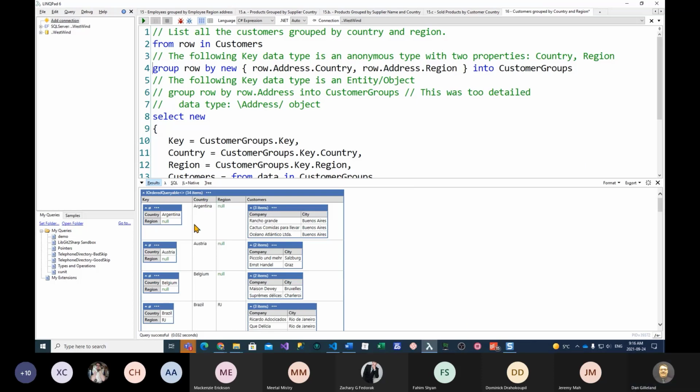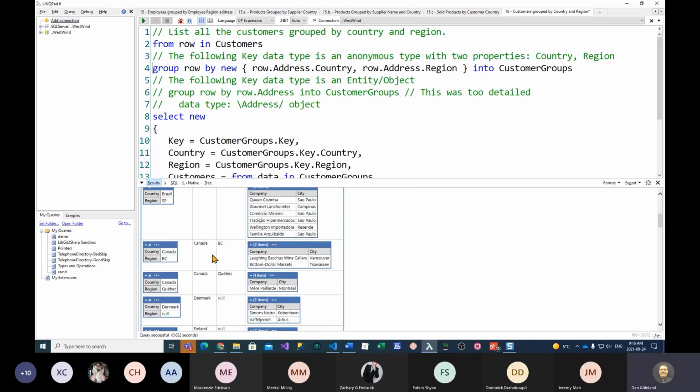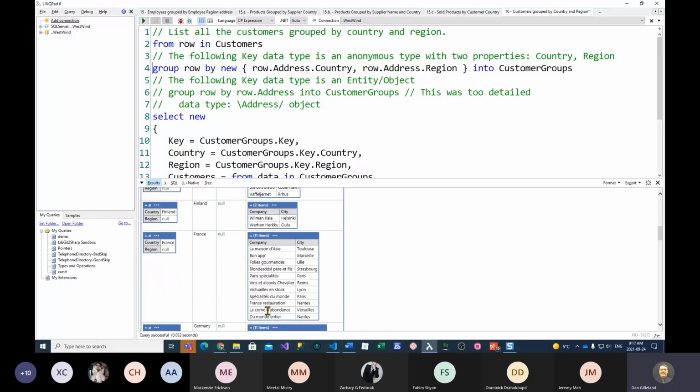So now, if I were to find France in here somewhere, there were actually 11 different customers in France. So whatever you choose when you're doing your grouping needs to have an appropriate specificity so that you get it grouped by what they have actually asked for. If you cut the groups too finely, then all you get is individual items,